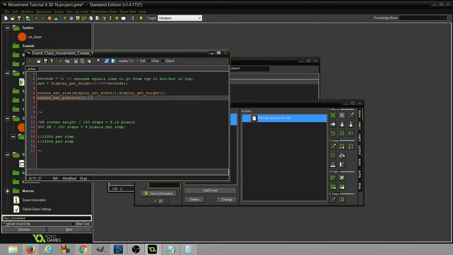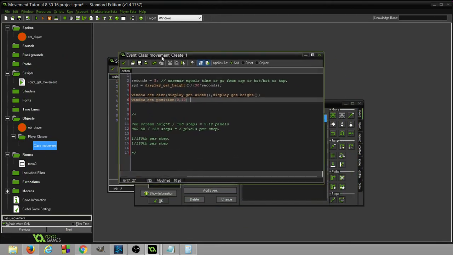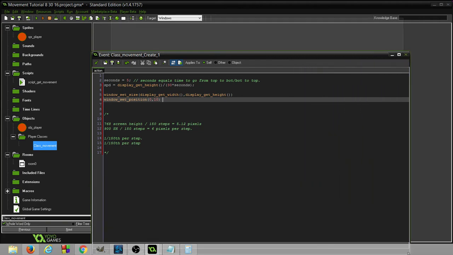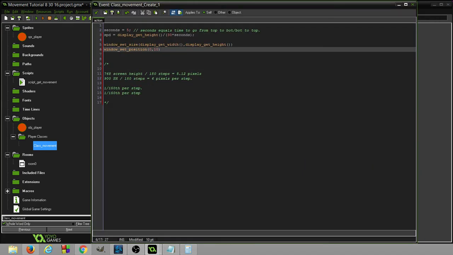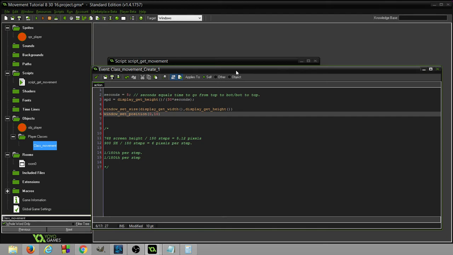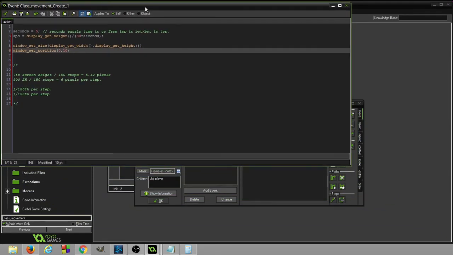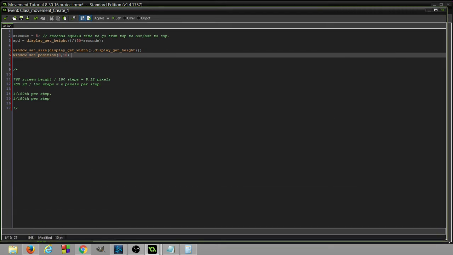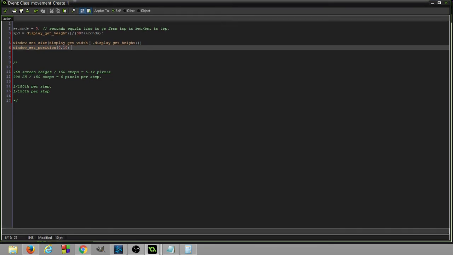So this one sets the window size equal to the display size, and the window set position sets the window position. Otherwise, when it first creates, it'd create like this. Then when it goes to resize, it would do it like this, except it wouldn't go up like that. It would just come down and to the right. But by resetting the window position to 0, 10, it's going to load right about like this. And then at the top, it's going to have this piece that's right here, where it says event class